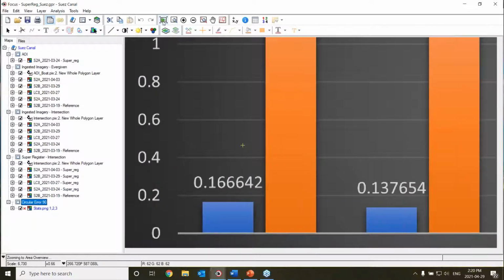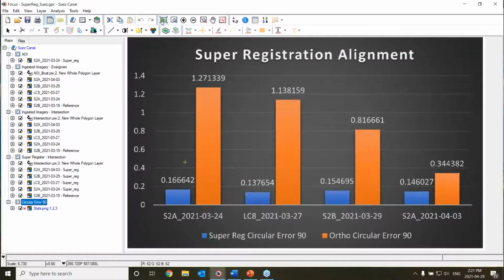So I've calculated the circular error 90 and plotted them out in this graph right here. What we see through the assessment, the uncorrected ortho images are orange, and that's their circular error 90 in pixels, while the blue is the same images' super registered circular error 90. And immediately what we can see is, for instance, on the first image, that trend where the original ortho image